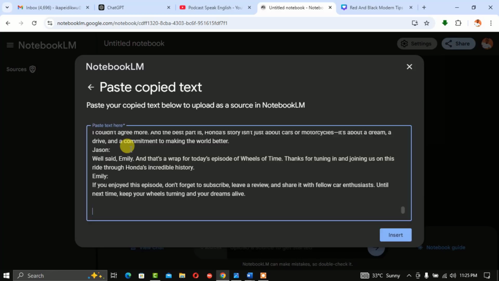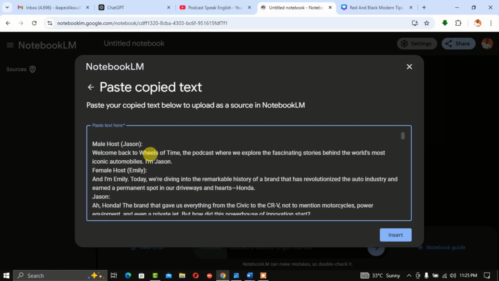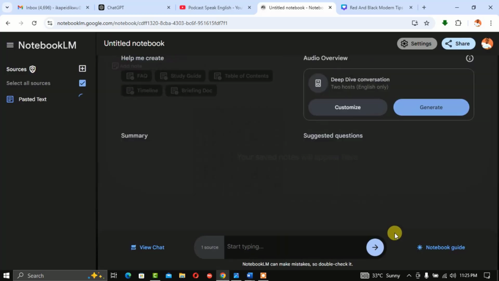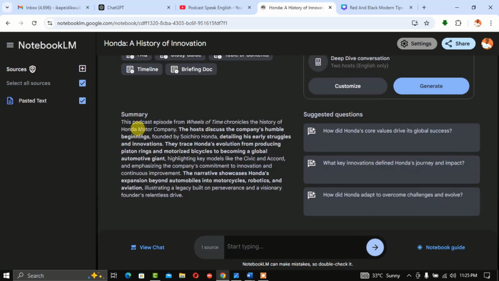So now let me paste it right here. This is my script, as you can see. The next thing I need to do is to proceed and click on insert. Once I click on insert, you will see that the summary